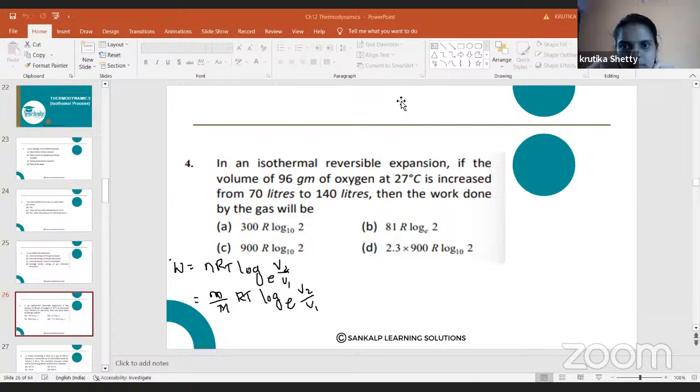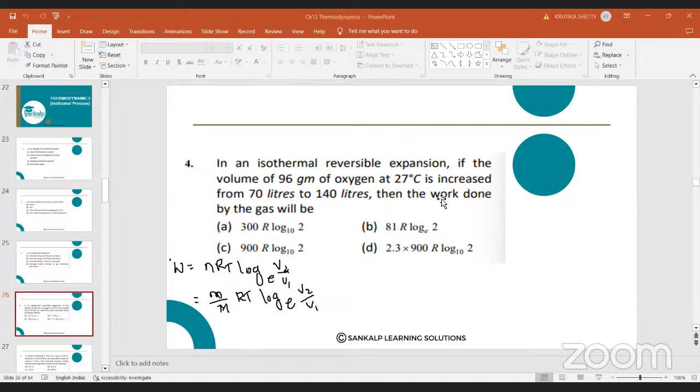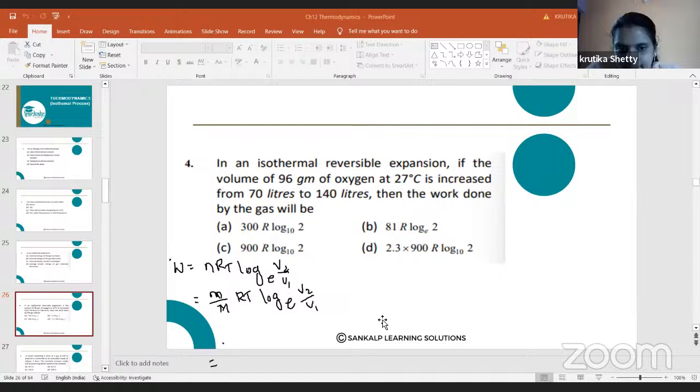So here it is 2.3 into 6 divided by, for oxygen it is 2 into R value. R value I keep as it is because in the options all the R's are kept as it is only. Then temperature is 27. Here we need to take the temperature in terms of Kelvin. So Kelvin is